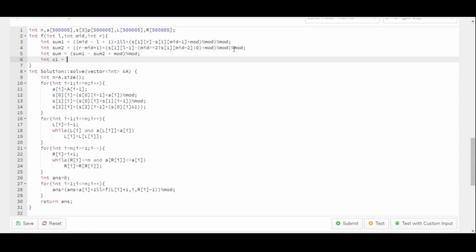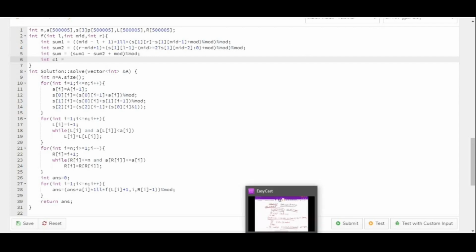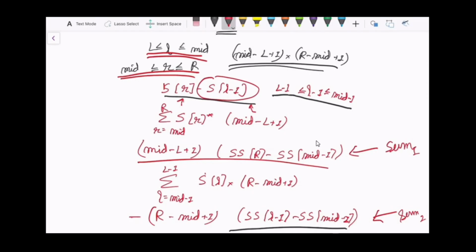Now let's say C1 is the count of odd numbers. Now we found the sum, and now we need to add the number of subarrays which are odd, and then we will divide by 2. To find the number of subarrays which are odd, we know that the sum is S of R minus S of L minus 1.